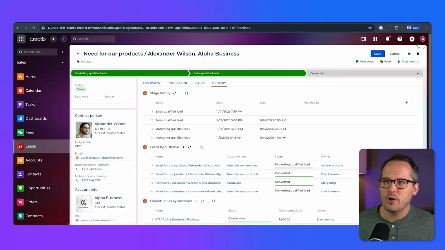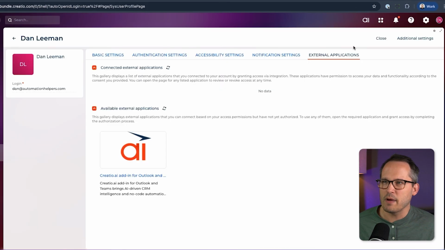Now, typically at this point in the review, I'd want to talk about how we can actually communicate with our prospects, and usually that's via email. But I got to tell you, out of the CRMs that we've evaluated, this is the trickiest process to actually set up your email. So I'd go into my settings up at the top, go to my profile, then I'd